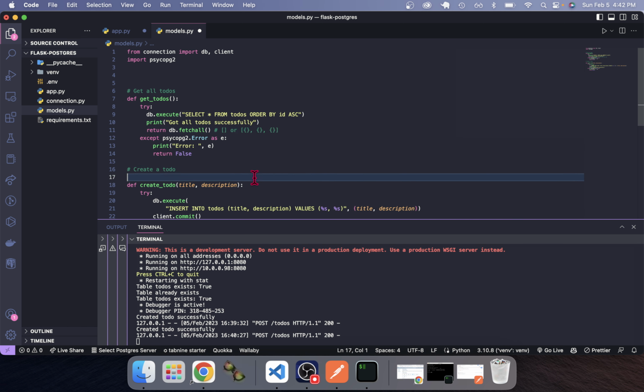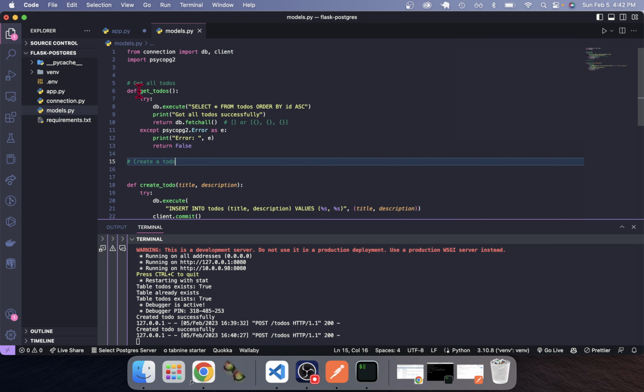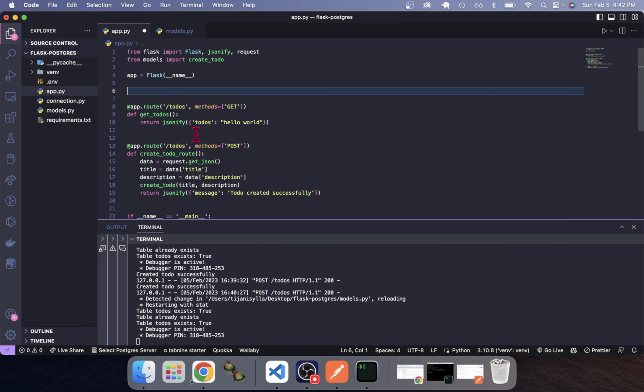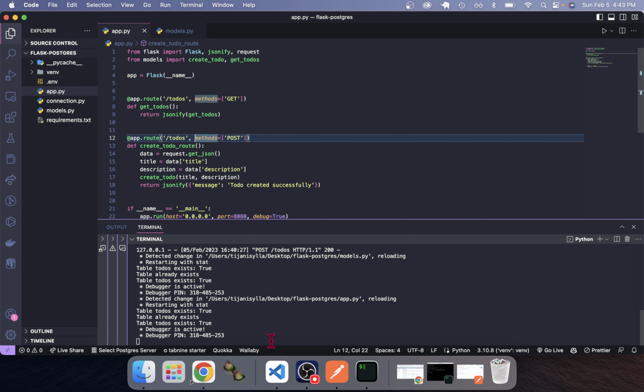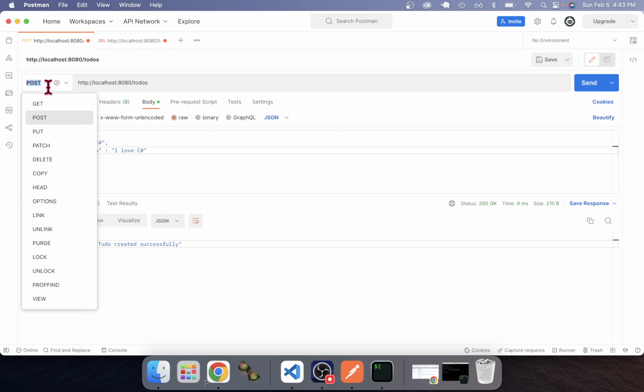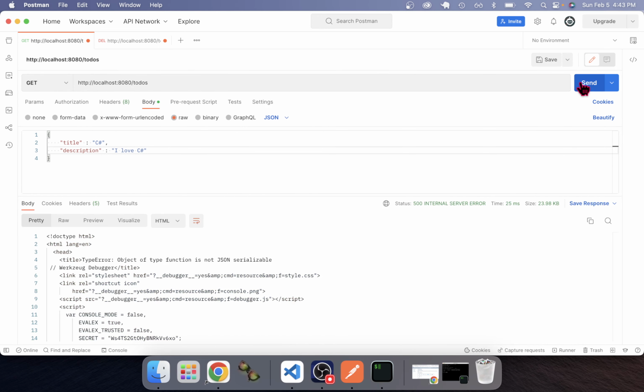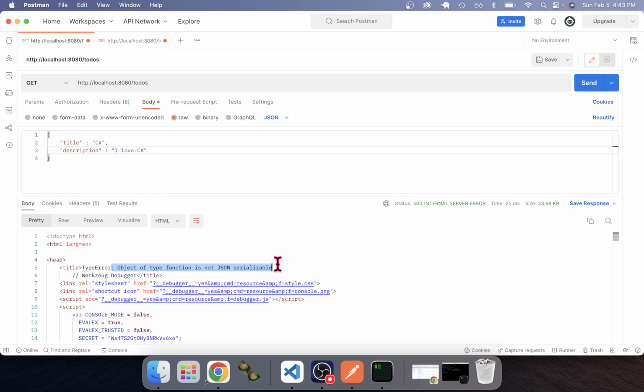Yes, that works too. So save this, come here, go to here, and simply paste that function, but make sure you import it here as well. Let's see how this works. So if we go and get all the to-dos, I got an error